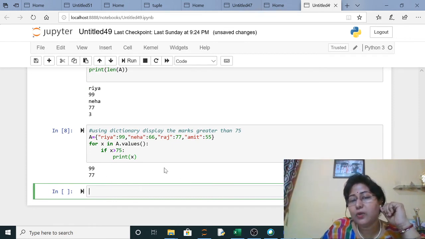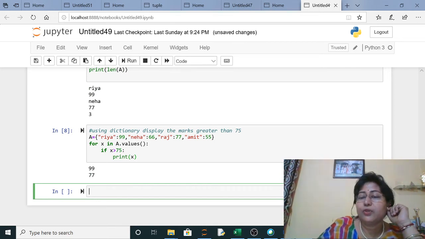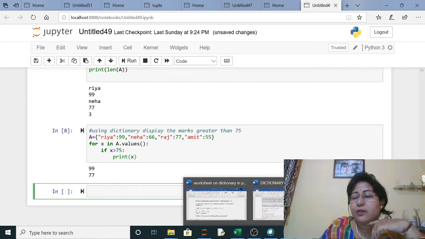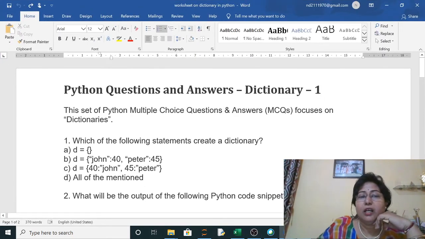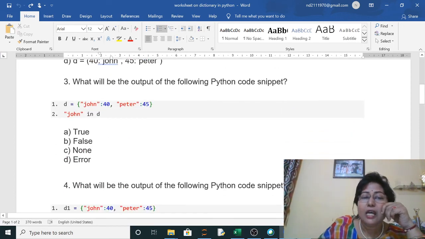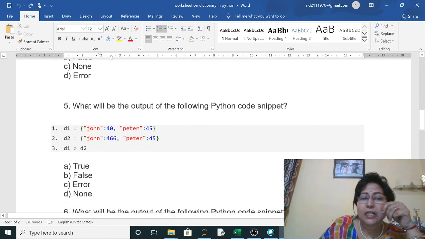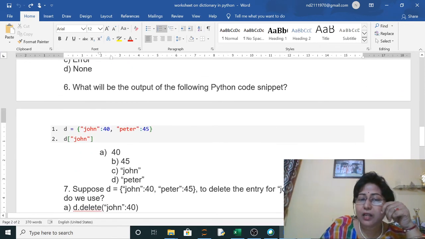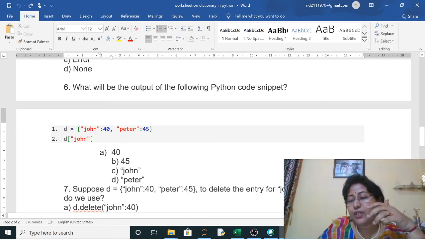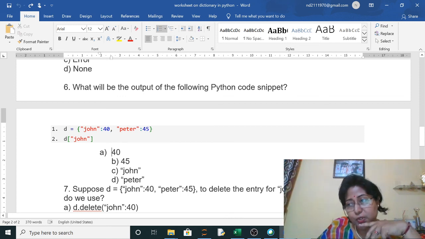So like this you can solve the questions. There are many questions given in the material. So I am sharing the worksheet also. In this worksheet, the questions and the options are given. You go through the worksheet and solve it. Clear? And if you have any doubt, we can discuss afterwards. I will solve the worksheet in the next video. First you solve it, keep your answers ready, and then when I share the solution with you, you can check your answers.